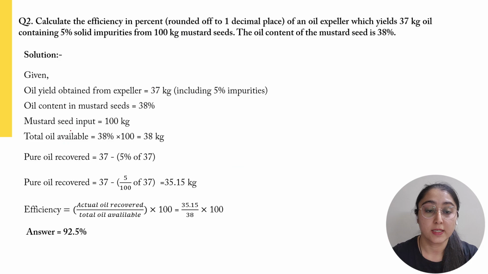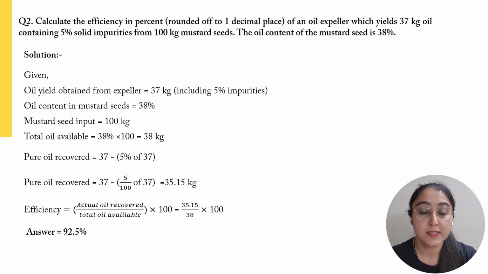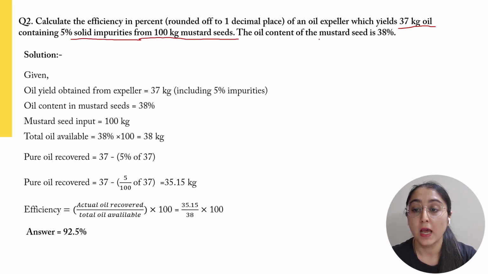Now, heading on to the second question, we have a numerical which says: calculate the efficiency in percentage, rounded to 1 decimal place, of an oil expeller which yields 37 kg oil, but the oil contains 5% solid impurities, from 100 kg mustard seeds, and the oil content of the mustard seed is 38%. So now here we are given that the oil yield obtained from the expeller is 37 kg,